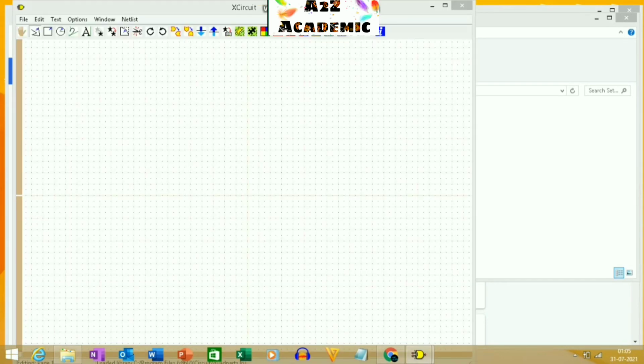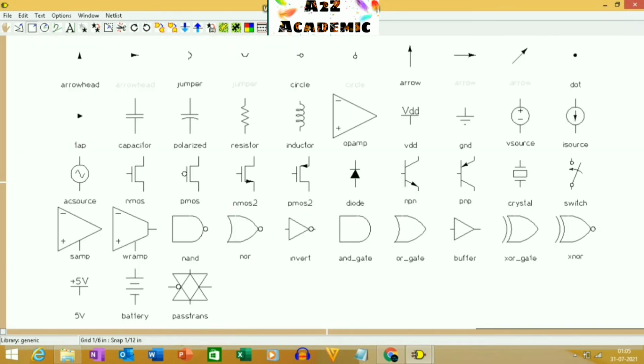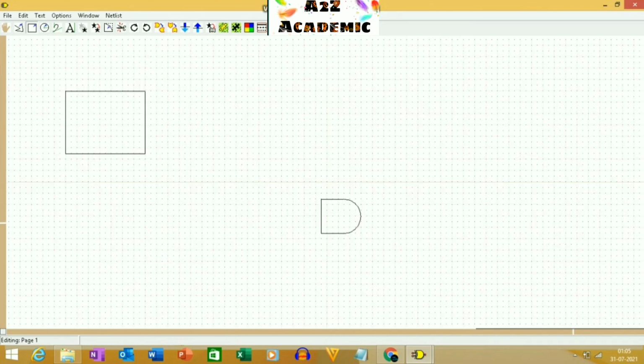You can see that XCircuit will be open, and here you can draw block diagrams. You also see here that many electronics components like NOT gate, NAND gate, AND gate, and OR gate, etc. Okay, so next day I am showing how to use